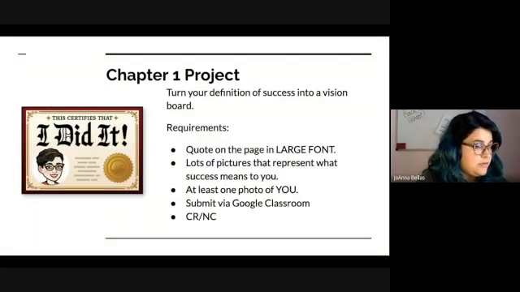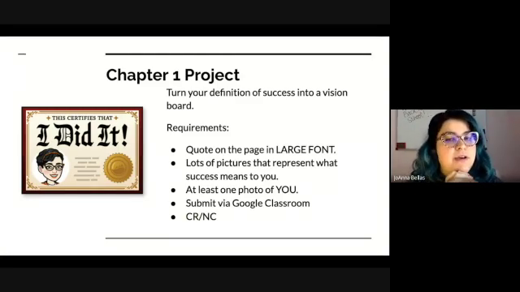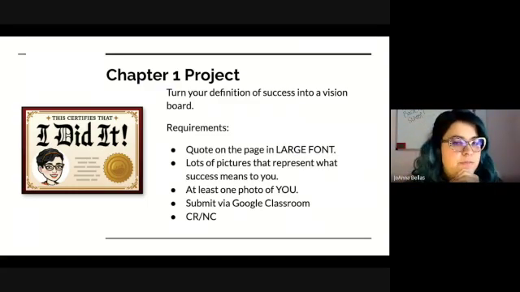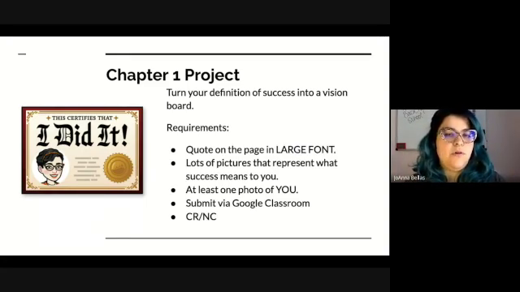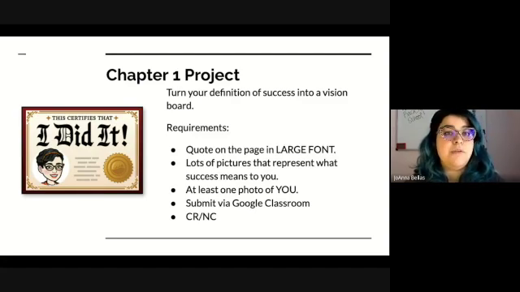All right, so let's talk about your chapter 1 project. At the end of every chapter, I try to have some kind of culminating project or assignment where you think about what you did and put it into practice. At the end of chapter 1 of my 10-year plan, your final activity was to come up with your own definition of what success means to you. If you haven't finished chapter 1 yet in my 10-year plan, you're going to work on that right now, and you're going to get that done before you start the chapter 1 project. So if you have not finished my 10-year plan chapter 1, you're going to do that first, and then you're going to start on this project.